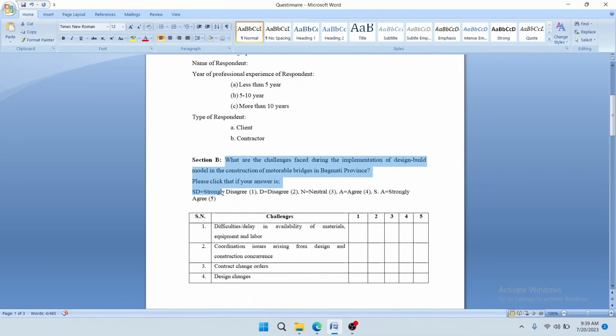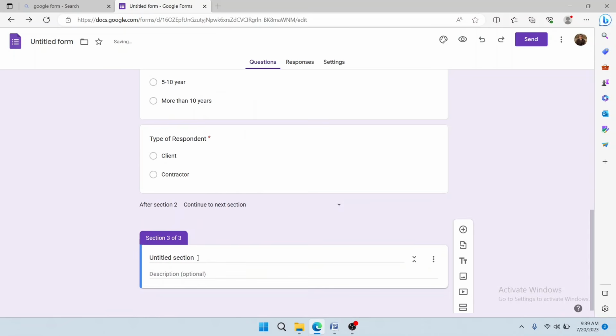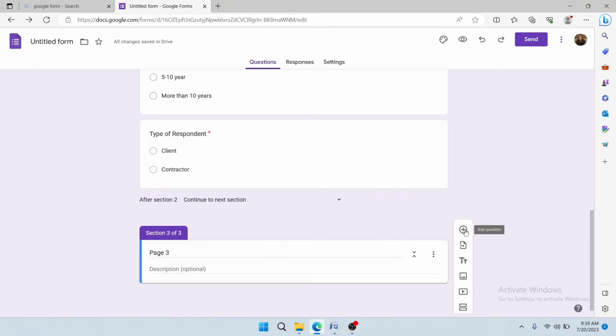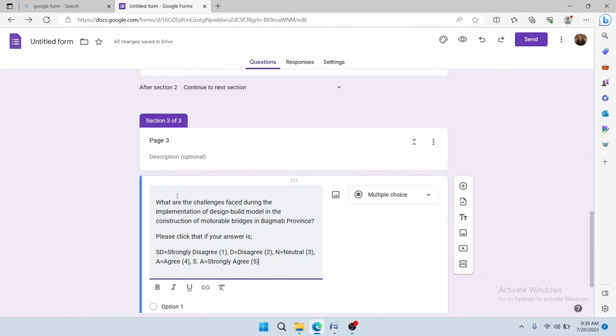So copy this, then go to Google Form. Then you have to click here, add section. Here write page 3. After writing page 3, click on add section. So paste your question here,